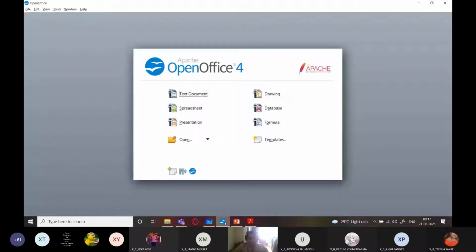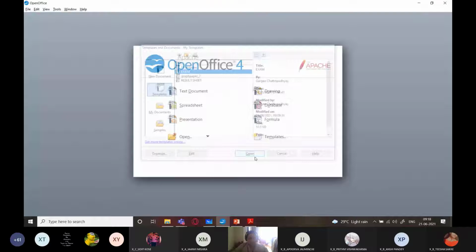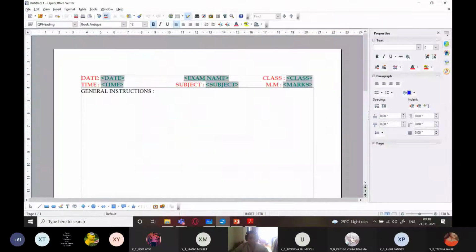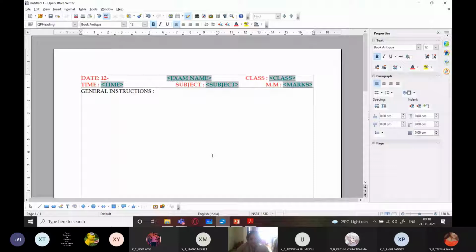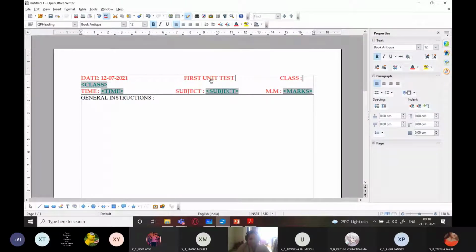I go to templates, I go to exam, and now I click on open. This is one document. Suppose I just make some changes here. I type the date as 12th July. Exam name, first unit test. Right?